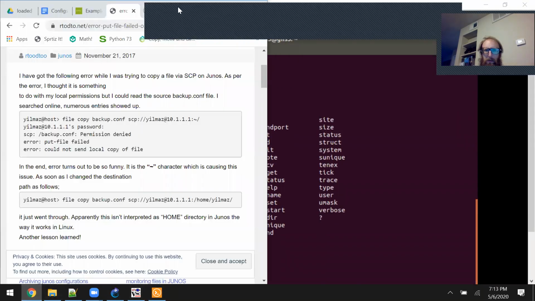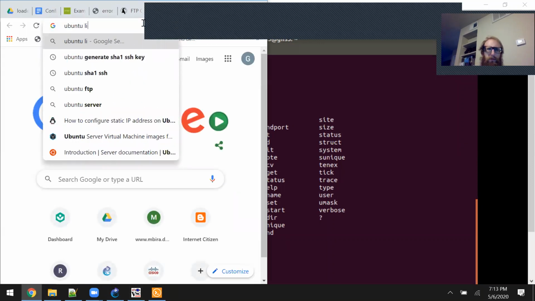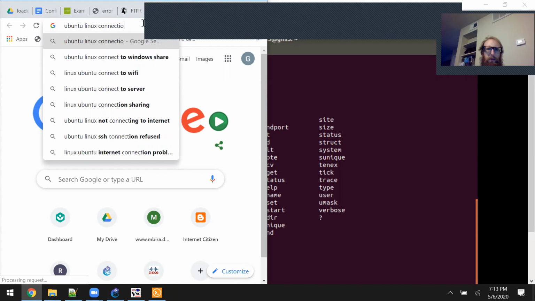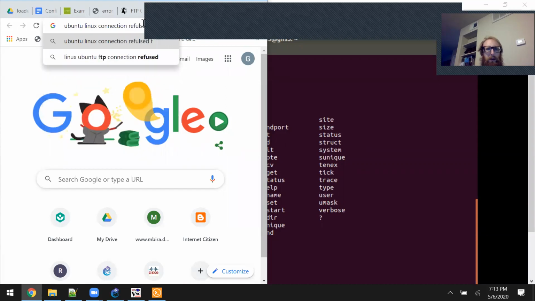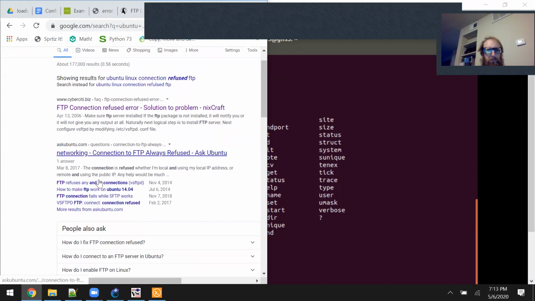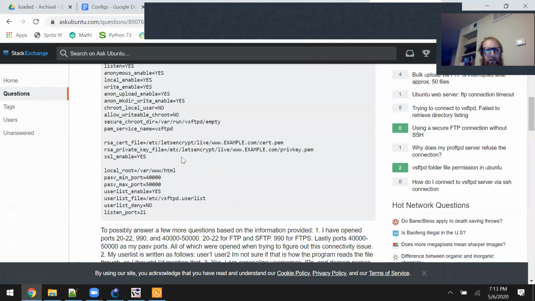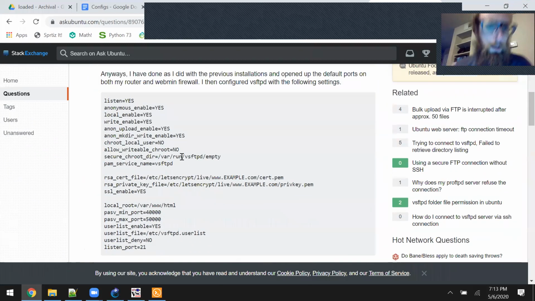Let's look up Linux connection refused FTP. Yeah, there we go. Right, so how do I make it so, here we go, perfect. So here's a